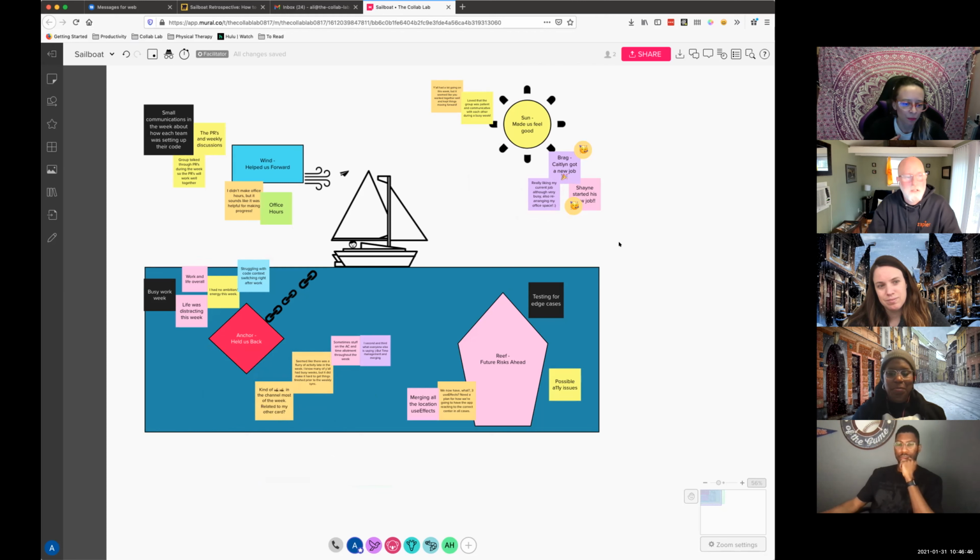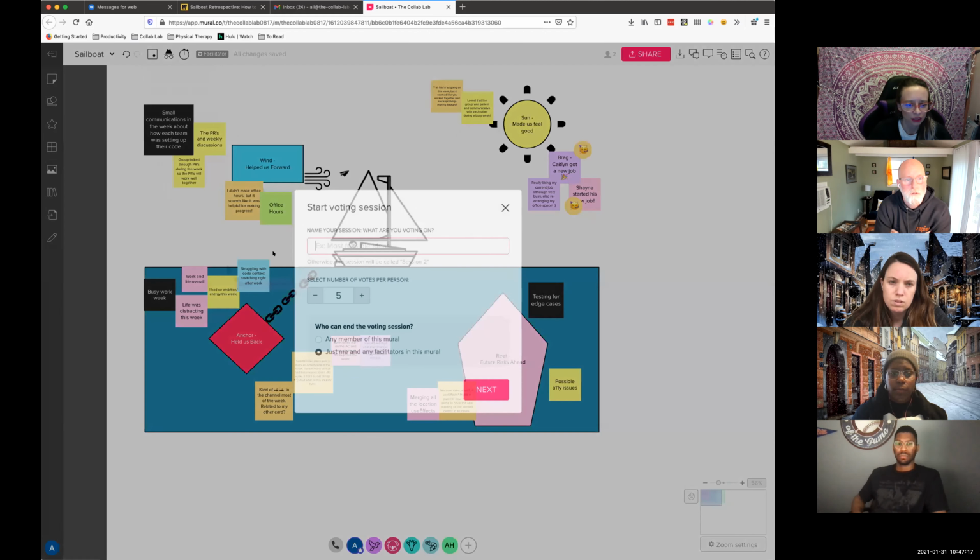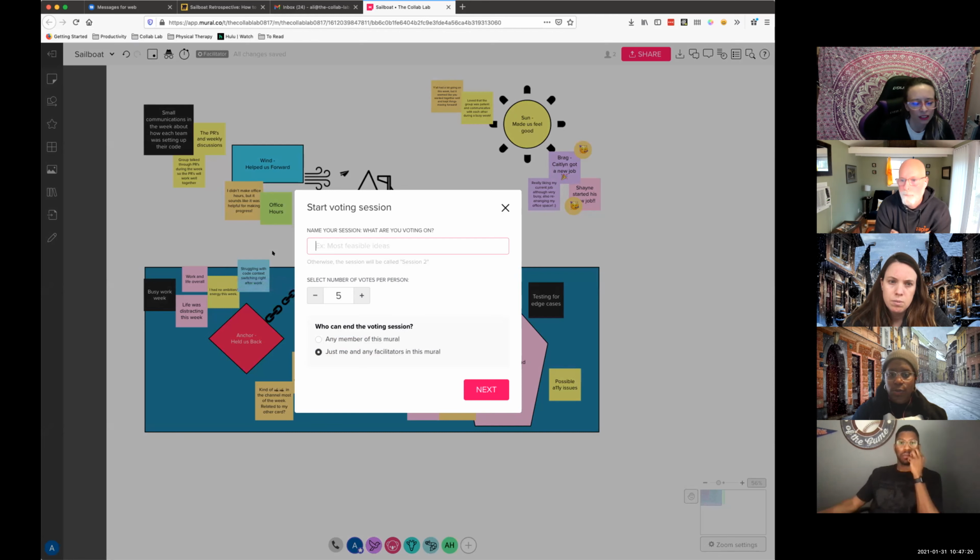Okay, so then let's see. The little square with the dot in it at the top, if you click that, that's the voting session. There aren't that many different things, so maybe we each get two votes. You can set it up: show results page, show votes. Give me just a second.